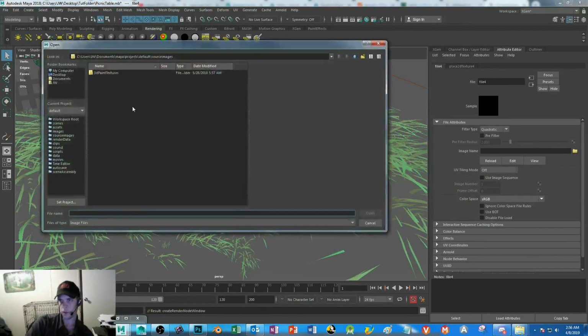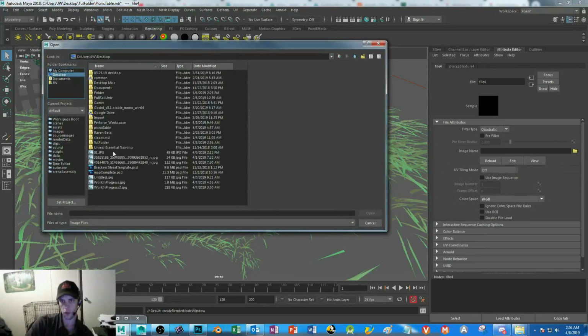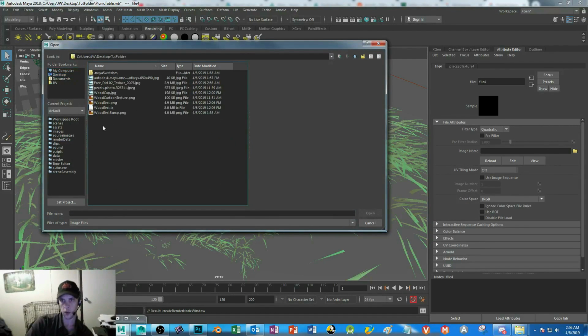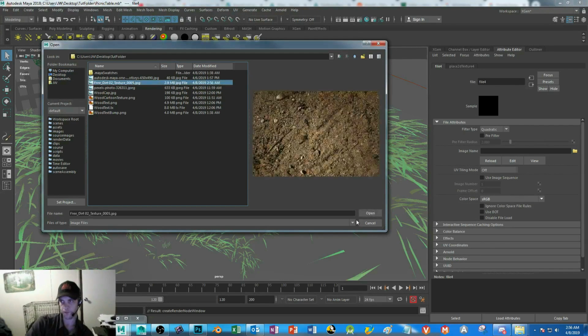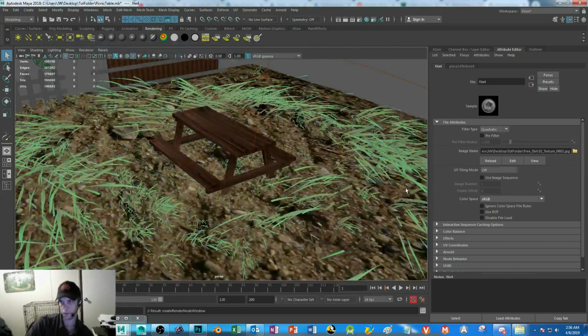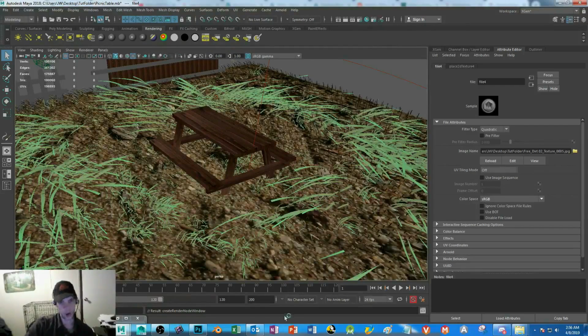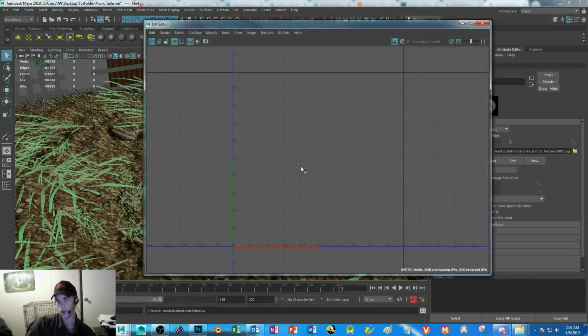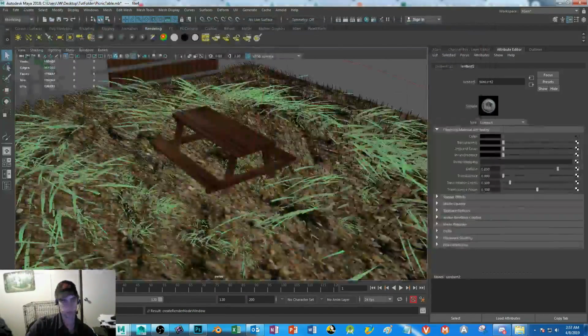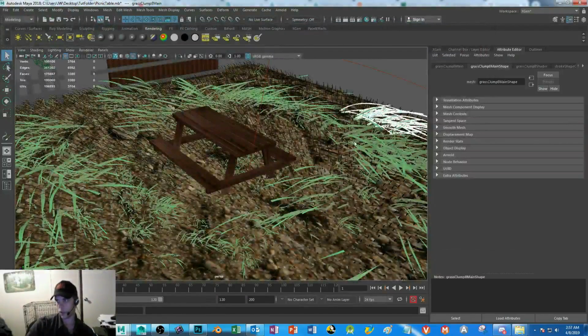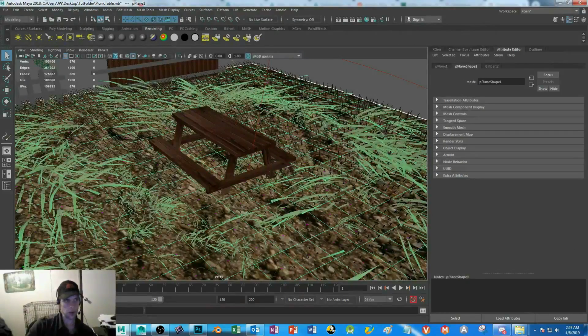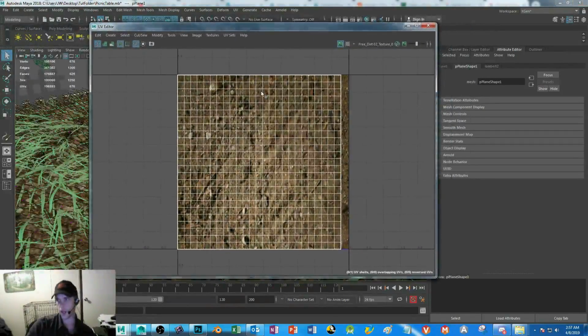Click on File, and then we need to go to the folder that you're doing this under. And then finally we're going to look for the dirt texture. We'll open that up. So this obviously does not look right. That is okay. If you click on, let me move this out of the way, I'm going to just click on there. There we go. So what's going on is it's taking your entire plane and it's just kind of doing